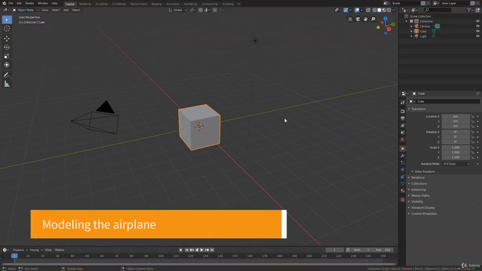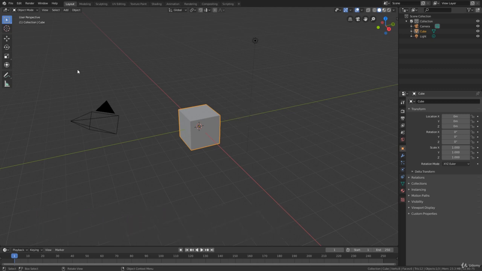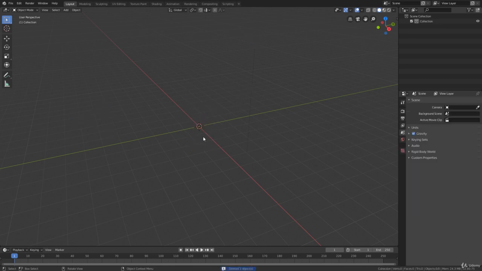In this lesson, we are going to start to model the airplane of our final project. And for this, I'm going to start by deleting all these initial objects from the scene. So I can press the A shortcut key to select all the objects and press the delete key to delete